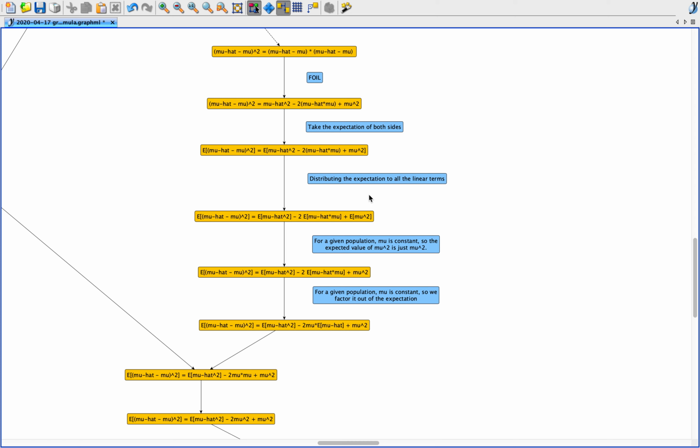And so the expectation of mu squared turns into just mu squared. And also, we can factor mu out of this expectation here. So now it's here. And this is convenient because